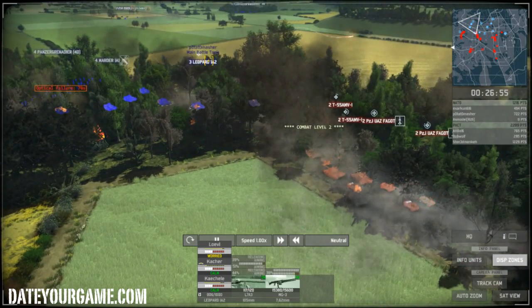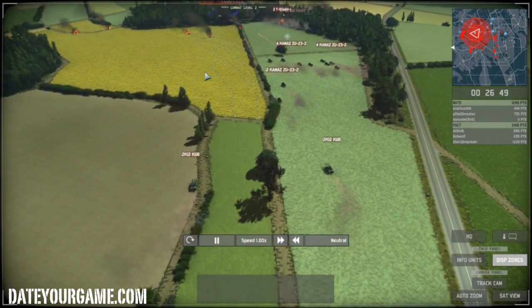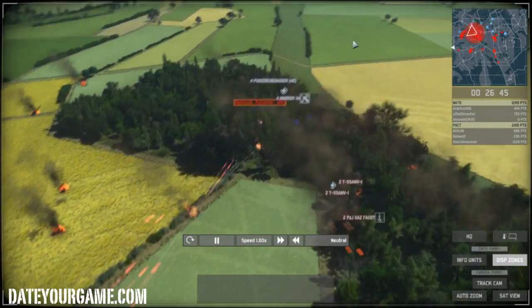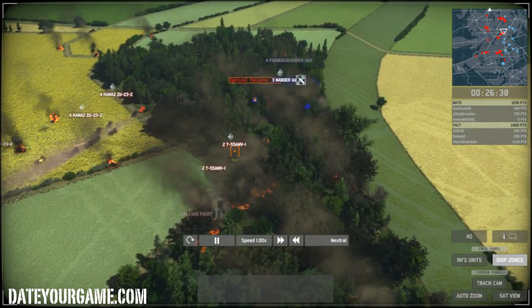So I'm destroying his tank, but it's clear that in that context in the wood it would have been much more effective to have some infantry. So I'm moving my AA guns as well to keep the pressure on. I destroyed all his tanks using mine, which are actually